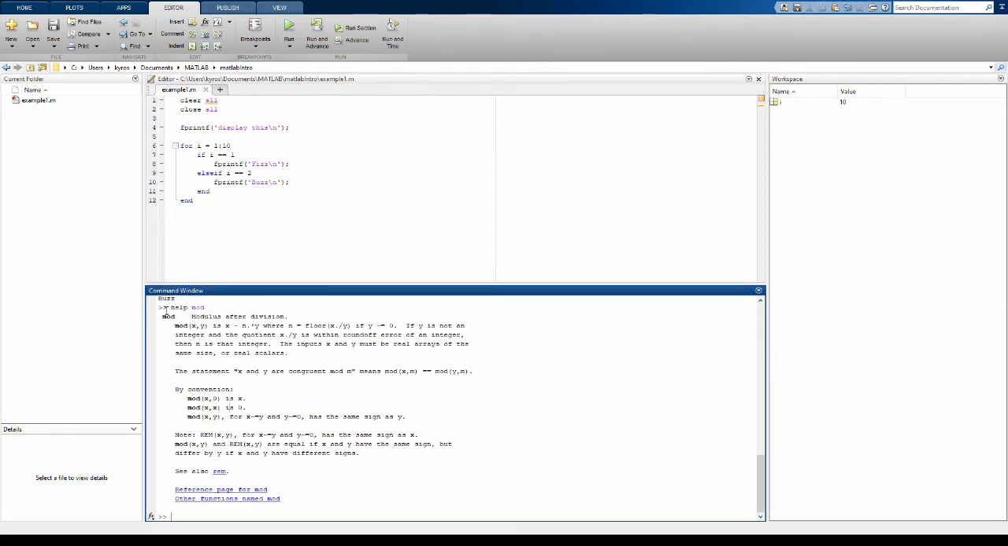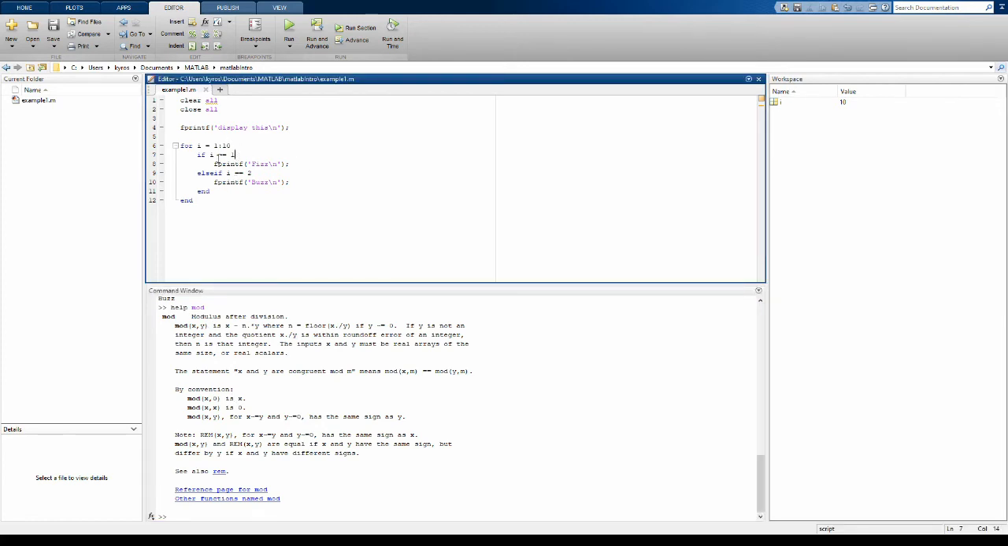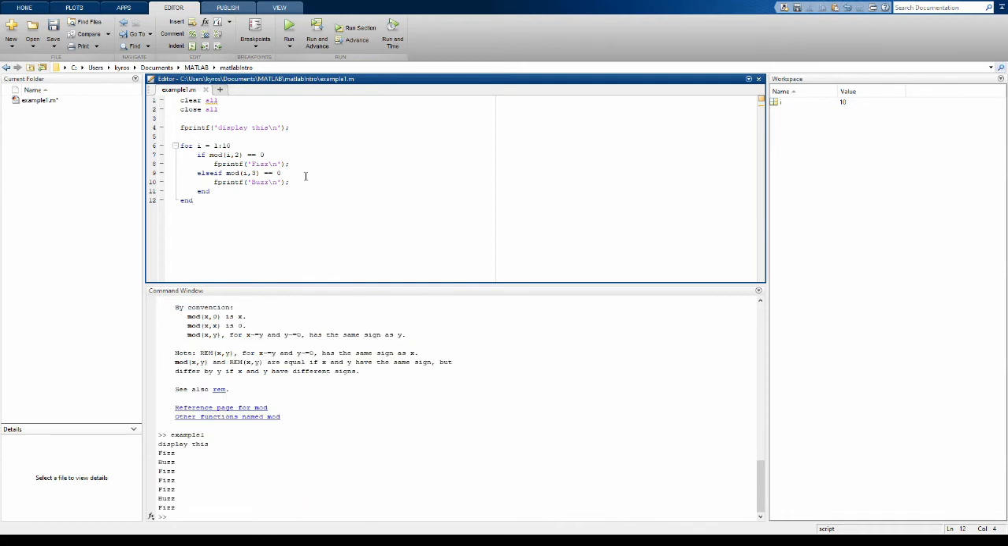In the built-in help browser, we have the modulus after division. We have a definition here. So we're going to check if mod i divisible by 2, we're going to write fizz. If mod i divisible by 3, we're going to write buzz. So we'll start out with a simple program like that, but you'll note that actually things didn't work out quite